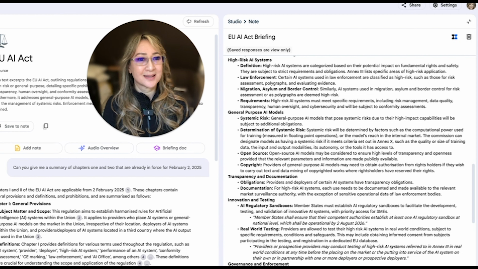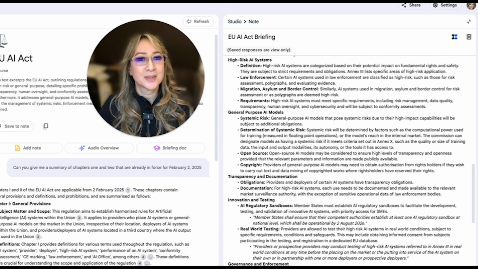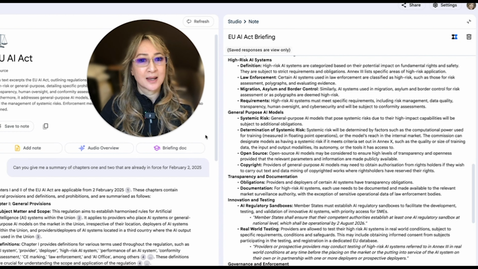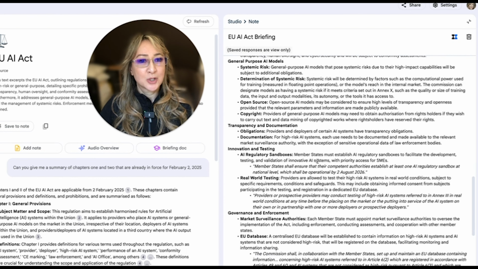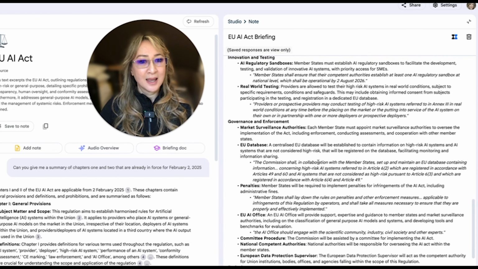High-risk AI systems are categorized based on their potential impact on fundamental rights and safety, basically. They are subject to strict requirements and obligations, and Annex 3 lists the specific areas. So I might ask Notebook LM in a moment to have a look at Annex 3, because I'm quite interested to see high-risk AI systems. Then there are other general themes: general purpose AI models, transparency and documentation, innovation and testing, governance and enforcement,